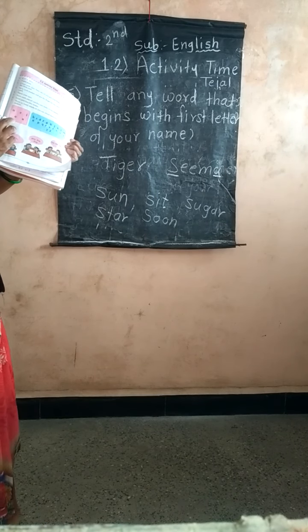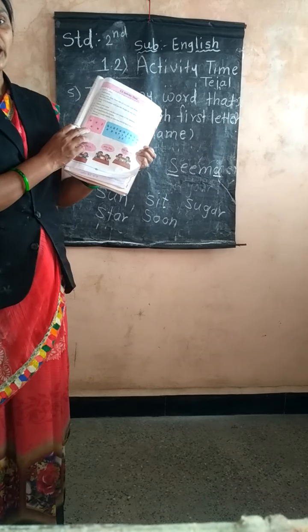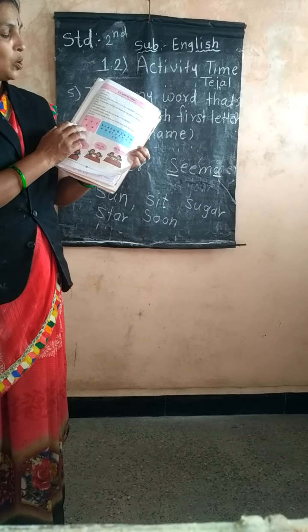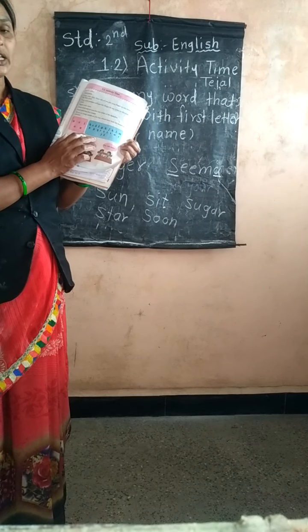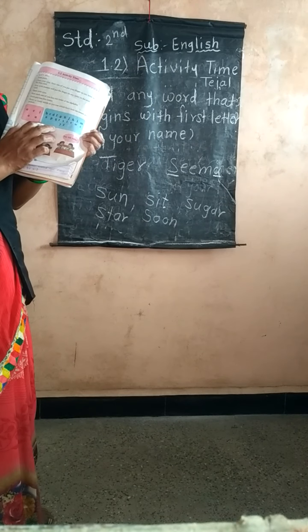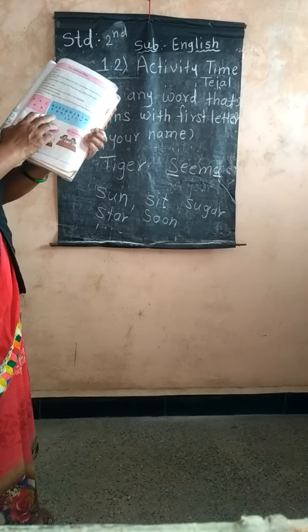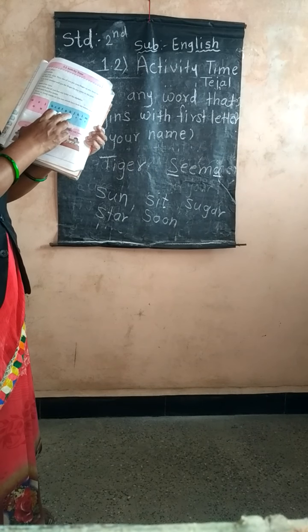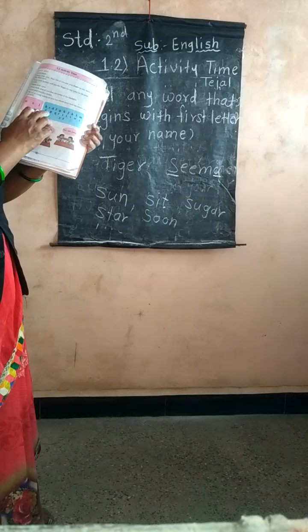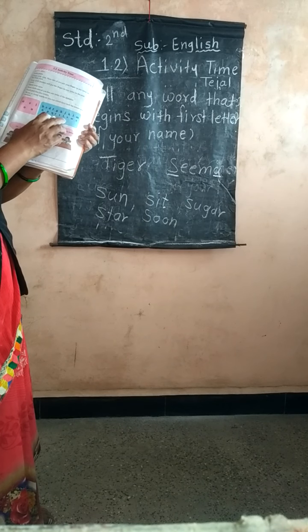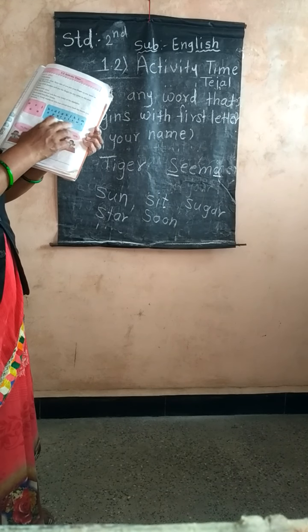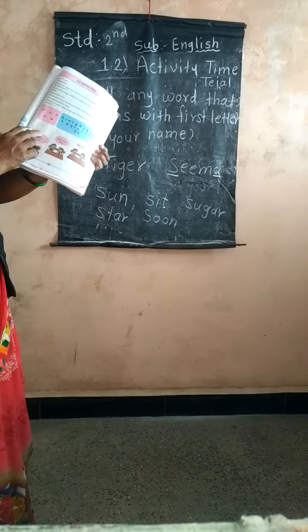Now listen, in this pink card, the letters are A, E, I, O, U. And now listen, in the other card there are how many letters? 21. Okay, B, C, D, F, G, H, J, K, L, M, N, P, Q, R, S, T, U, V, X, Y, Z. Okay, they are the consonants, and in the pink card they are the vowels.